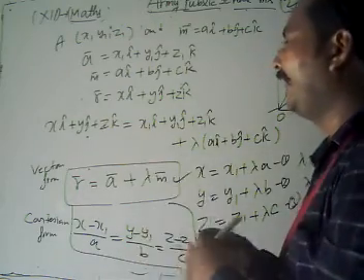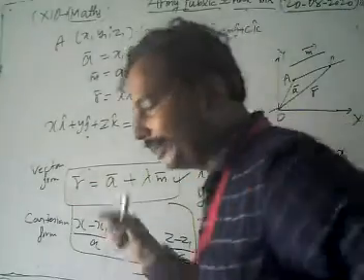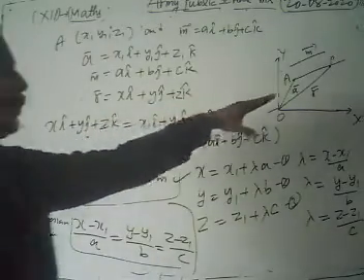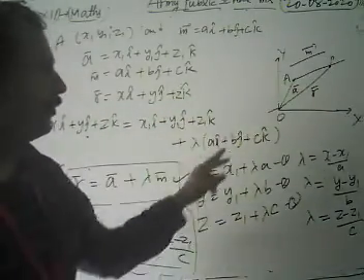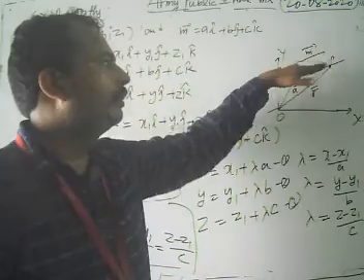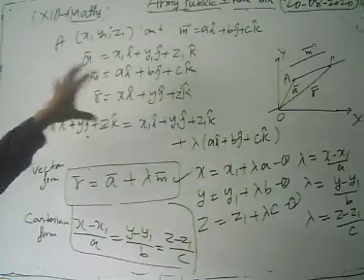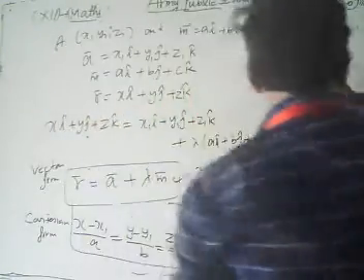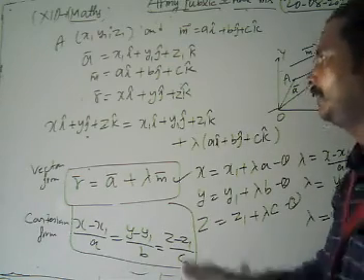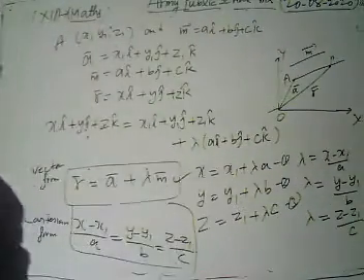First of all, we found the equation of a line which passes through a fixed point A and is parallel to a given vector M. A is a fixed point from which our line passes, parallel to the vector M. We take AP equal to some lambda M, and after using the parallel concept we derive its vector form: r is equal to a plus lambda M.